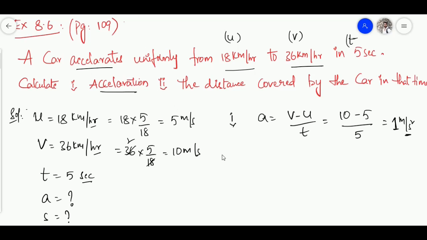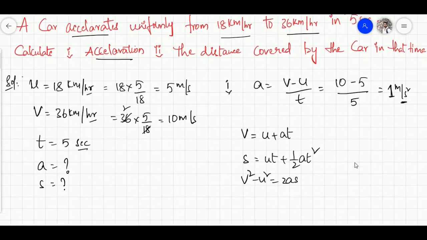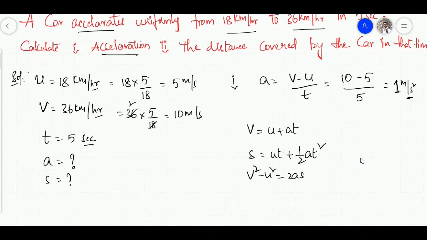So let's write all the equations. I am repeating this process because if you have any doubt about which equation we have to pick to work on this problem. We have 3 equations. S is equal to ut plus half at square. V square minus u square equal to 2as. So these are our 3 equations. We need to find the distance. So how to select the equation? We need to find the distance. This one doesn't have any distance related term, so we can't use it. These two have the distance related term in their formulas, so we can pick one of these two.